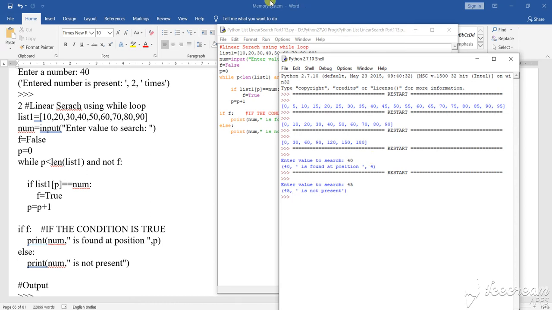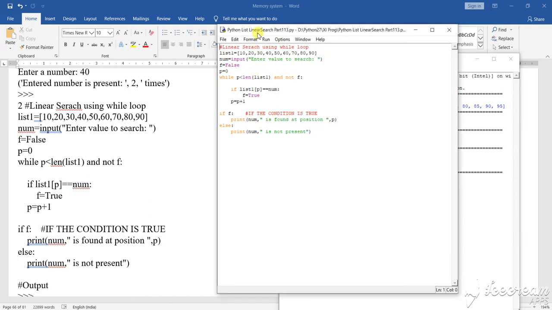It will know by the condition that you give, the loop that you run. So what loop have I used here? See here, I have used an if and a while loop. This is a while loop. This is the if loop. Again another if loop. That means inside the while, one if I have run, and outside of that I have run another condition. So this is the loop I have run here.